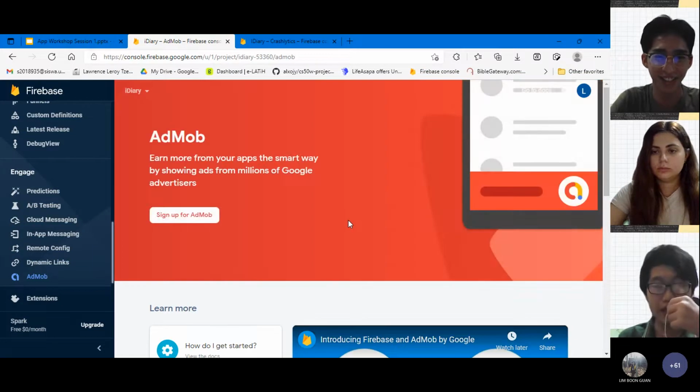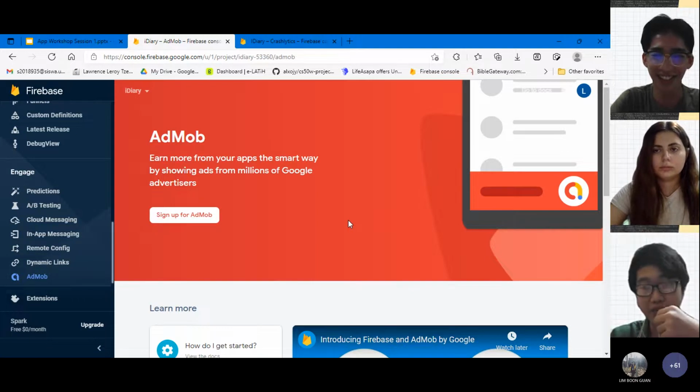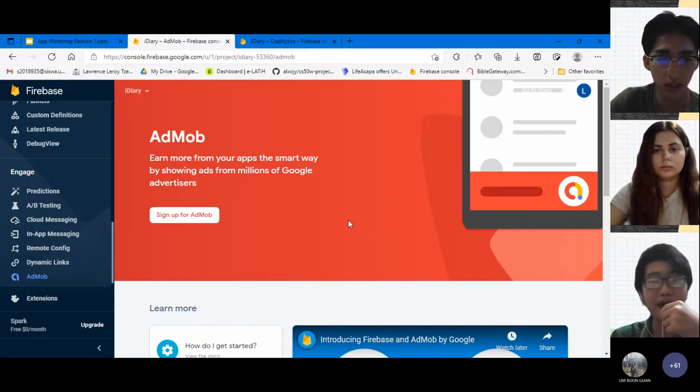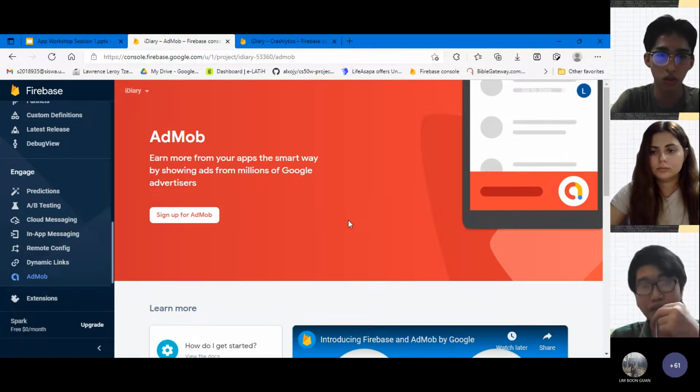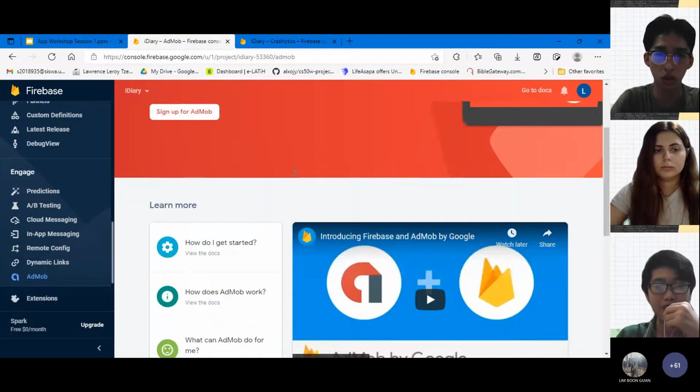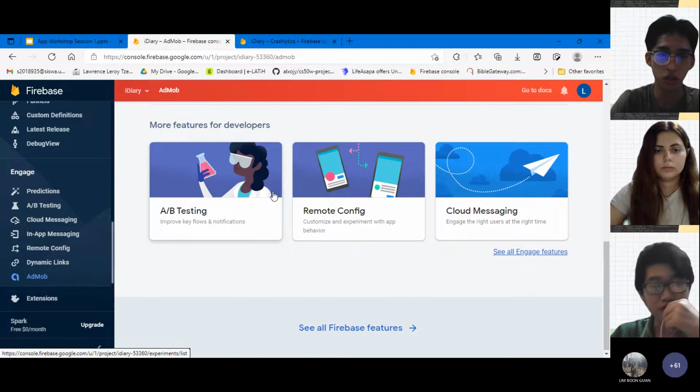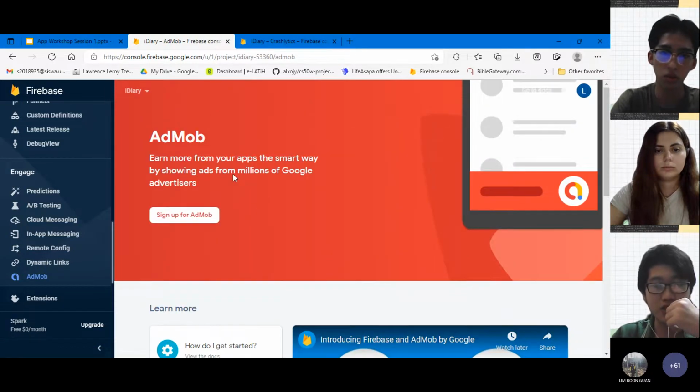As I said, app development should be a profit-making business. So AdMob is a way where you use ads to gain more revenue, besides in-app purchases. Let's say free users, you make them watch ads before they move on to the next stage. I believe many people have been through that. And then for users that pay, they can turn off their ads. So you can have AdMob here to encourage your app to gain more money.